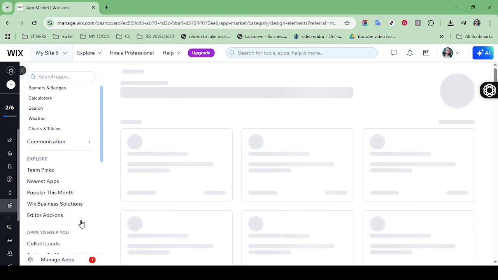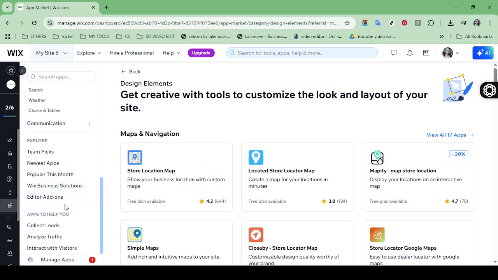Verify that everything functions correctly by visiting your website front end and clicking the link to ensure it directs you to the privacy policy page. And that's it! With these steps, you've successfully added